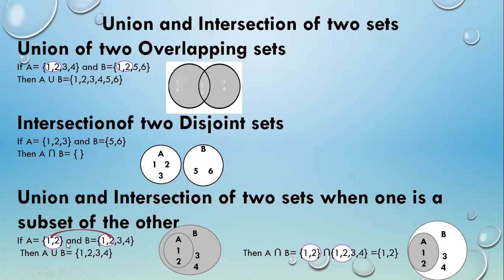I can give you a question. I will give you 2 sets and then I ask you to draw the Venn diagram for A union B. What you have to do is find the union and then draw the Venn diagram. Or I will give you some options of Venn diagrams, and you have to select which option is correct.